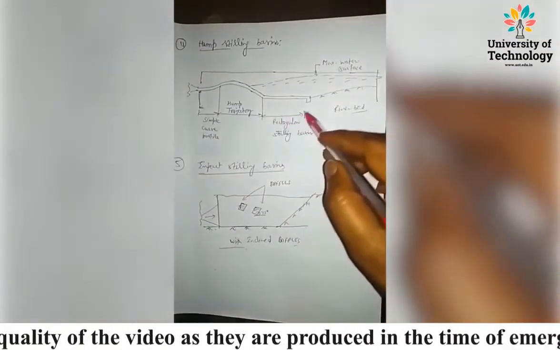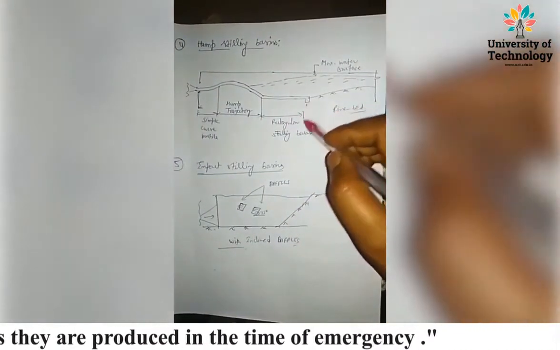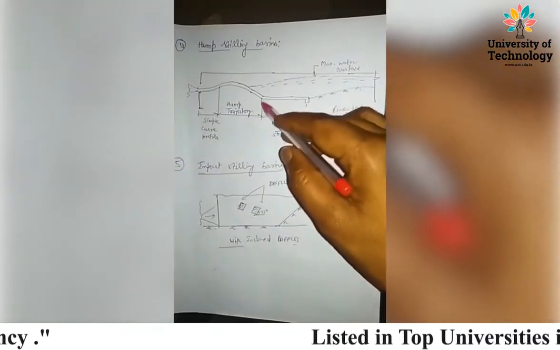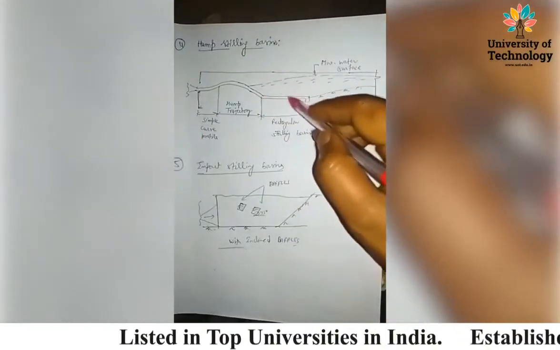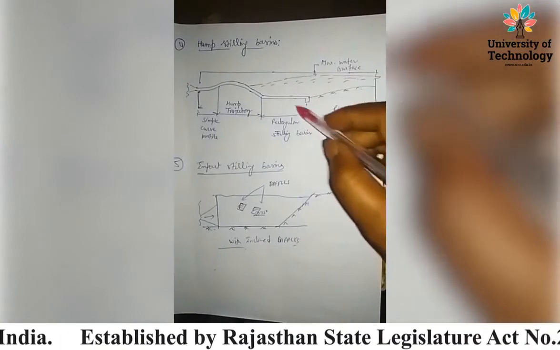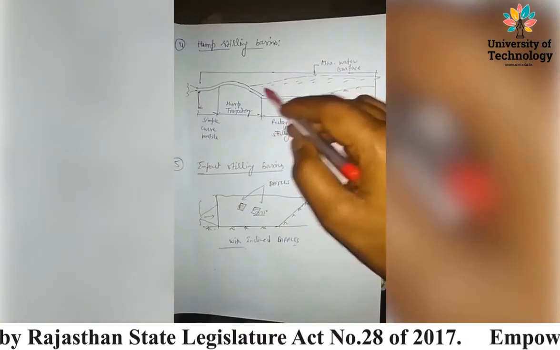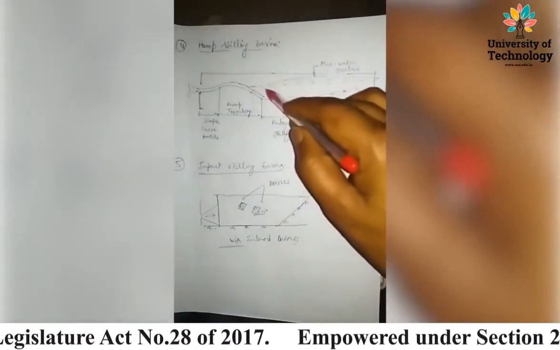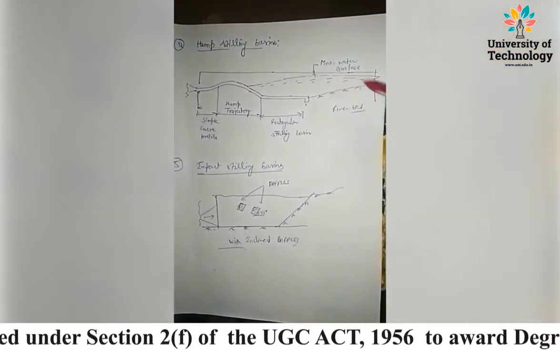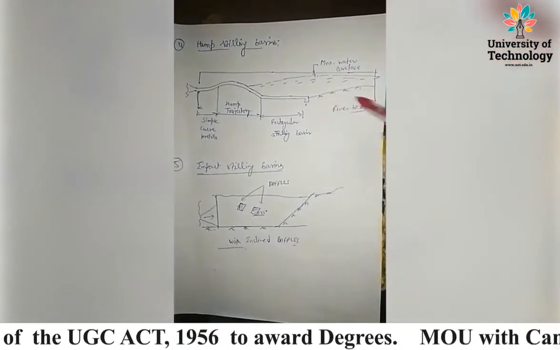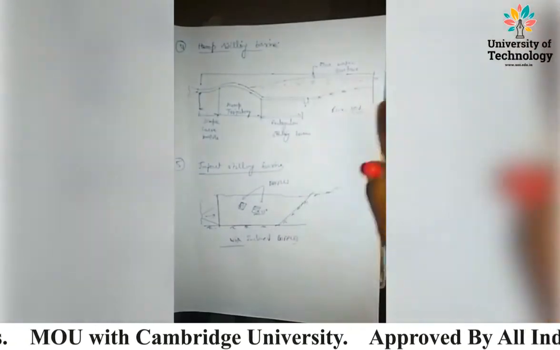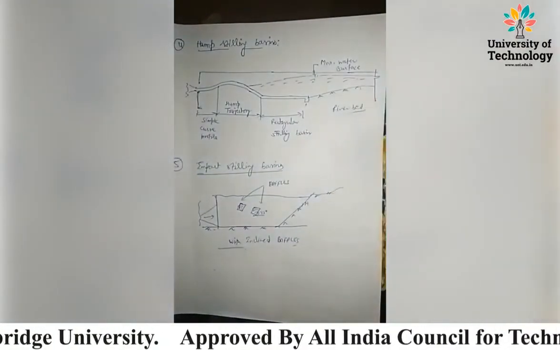Next one is up to the cutoff wall, rectangular stilling basins. These are provided for storage purpose and for energy dissipation. Then what will be the water level profile here? The maximum water level surface should be at that point, and this is the river bed, through which the water can be supplied into the discharge channels.